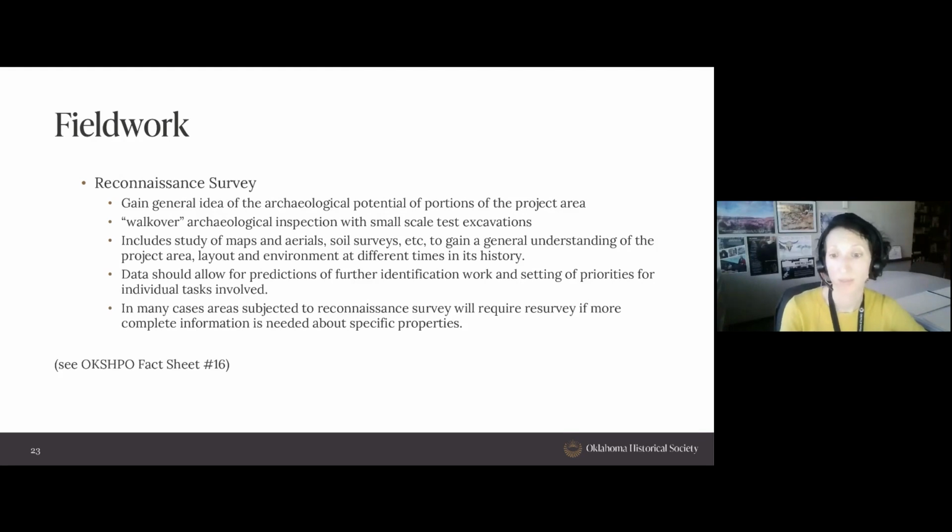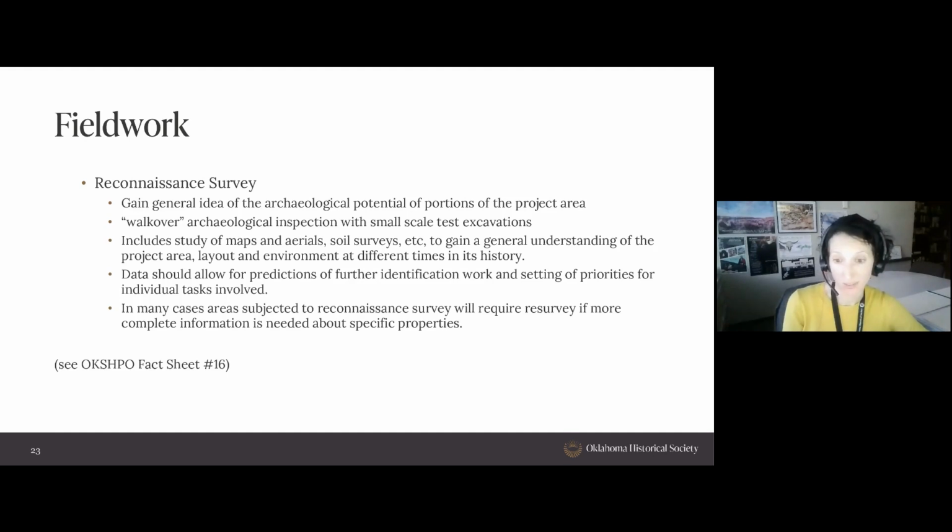So then I'm going to transition to fieldwork. We're going to talk about reconnaissance surveys and intensive surveys. A reconnaissance survey is designed to gain a general idea of the archaeological potential of portions of the project area. This might be a walkover archaeological inspection where you're walking across the land and